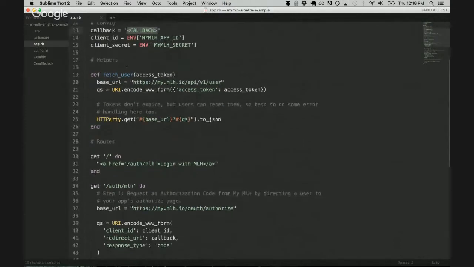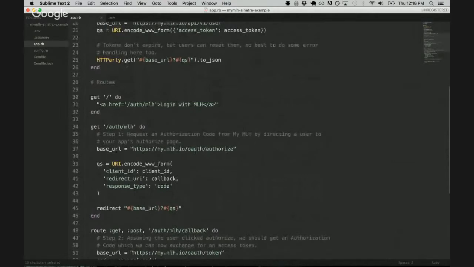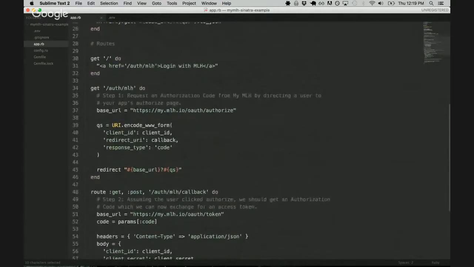Then you'll see a couple of helpers, and that's just to fetch the user given an access token, and then you'll see the actual routes. So I don't expect you to understand what the syntax looks like for Sinatra, but you could probably guess what this means. For these routes, at the base route,